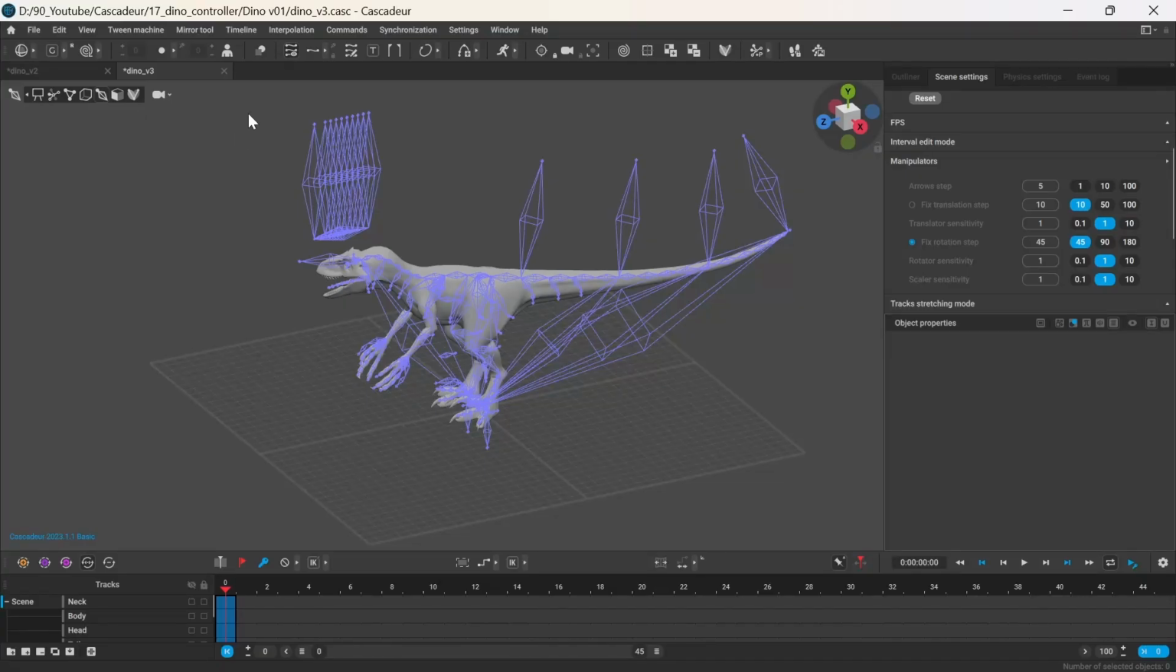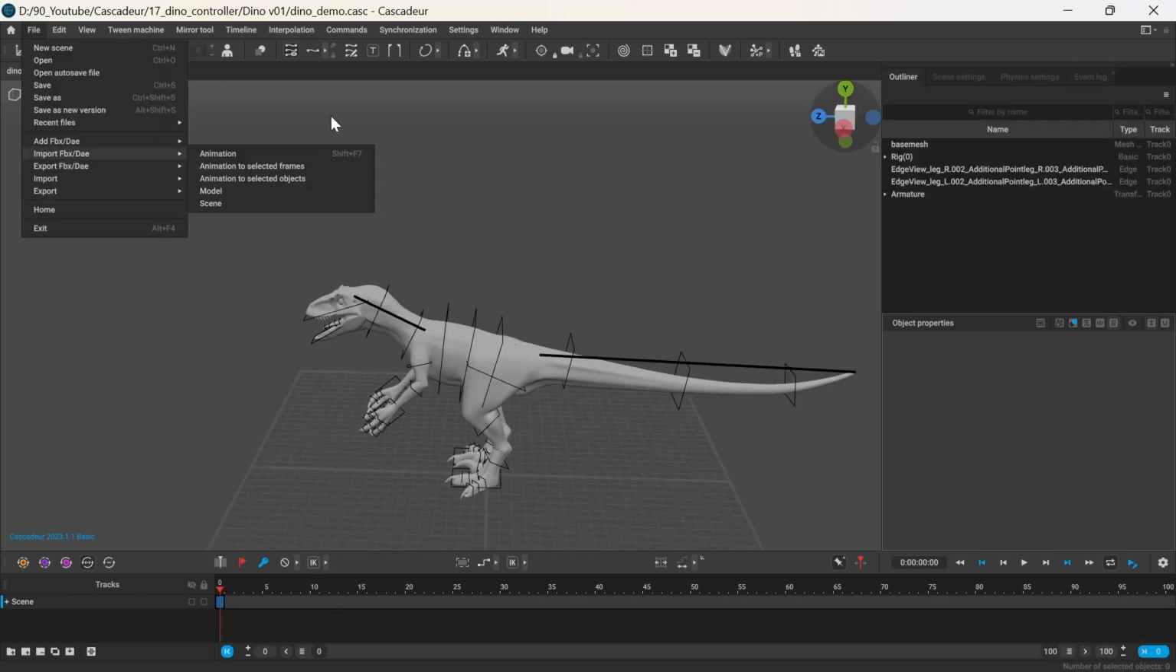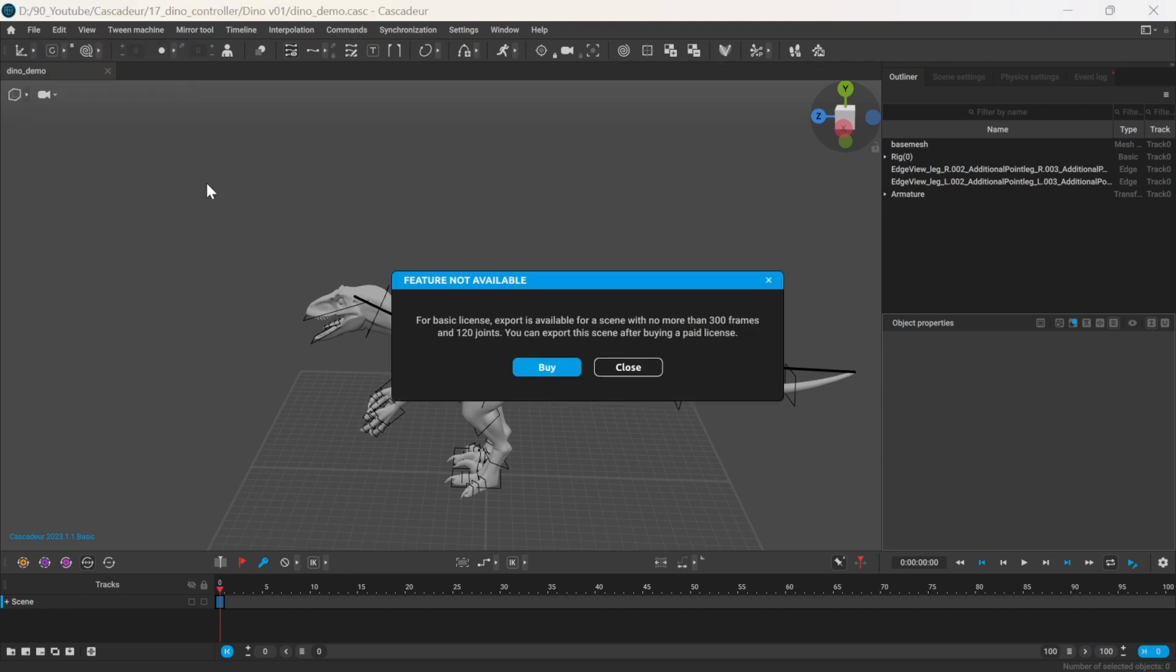And another drawback of this method is that you have a lot of joints, exactly 228 in this case, although it's quite a simple rig. And this is over the limit of the free version. So when you try to export the animation like this, you will see an error that you exceeded the joint limitation, which is 120 joints. In this case, you can either modify your rig to go under the 120 joints, or you can consider upgrading